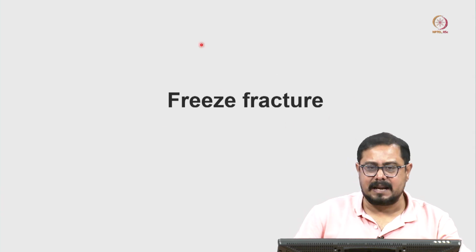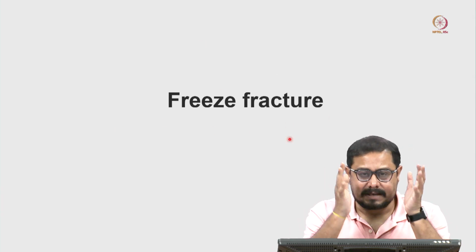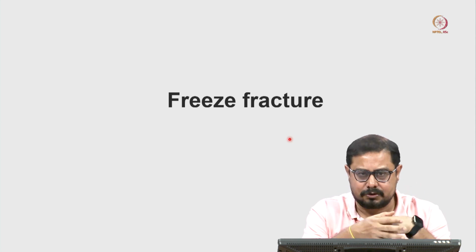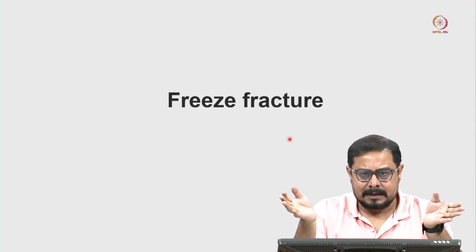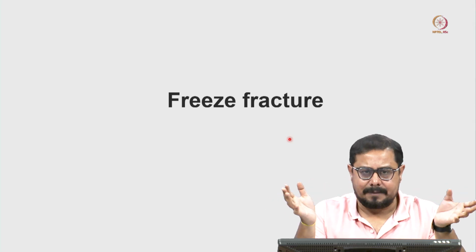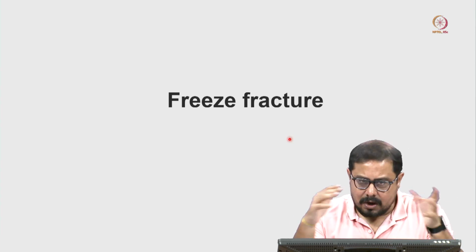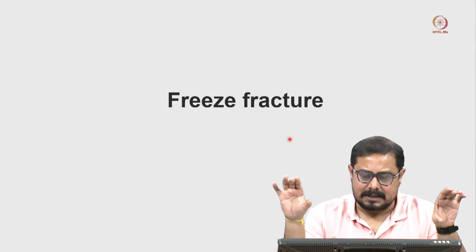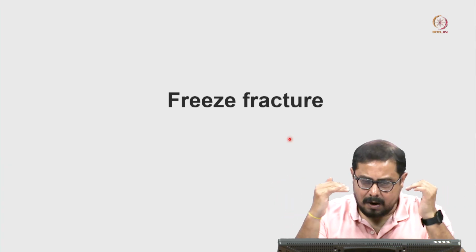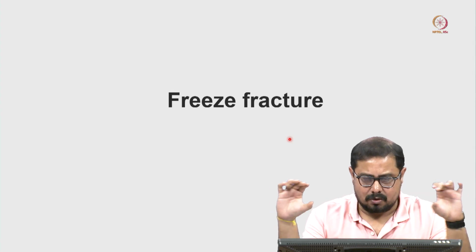Okay. So, next is called freeze fracture, which we discussed a couple of times, when we started today's discussion, that we are going to use cryo-ultramicrotome for the sectioning of the sample. Freeze fracture is another technique where we are going to disrupt the biomembrane, that is the plasma membrane. The part of the membrane that is going to rupture is basically the hydrophobic core region.